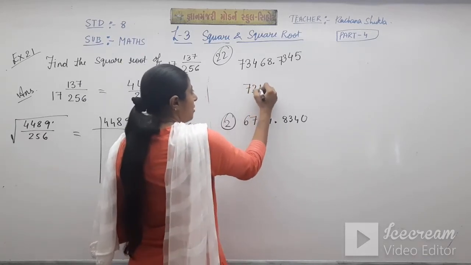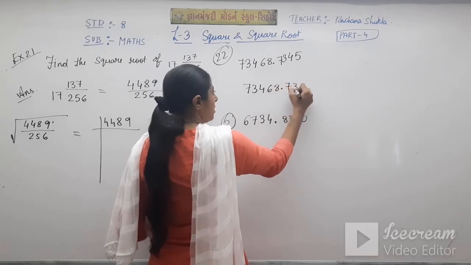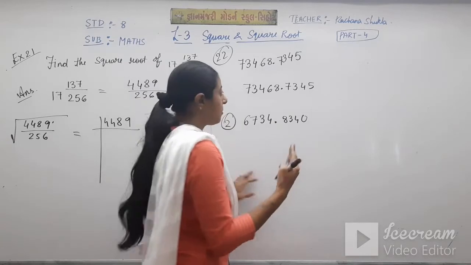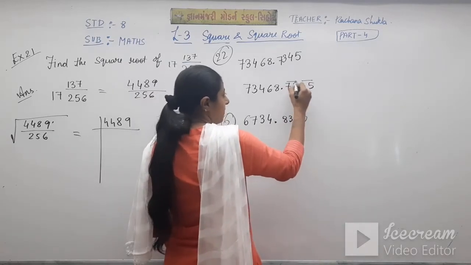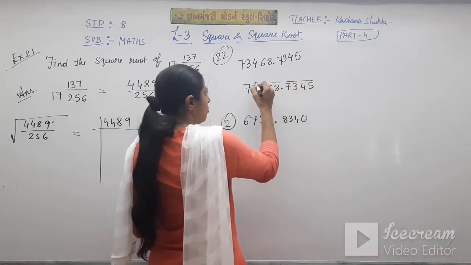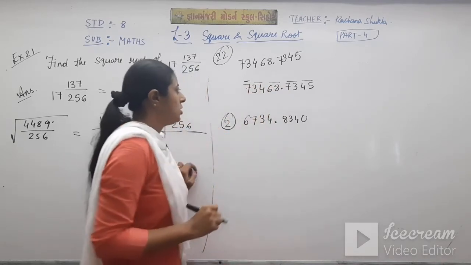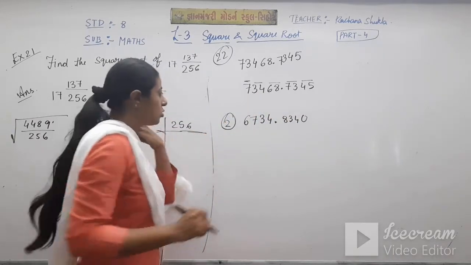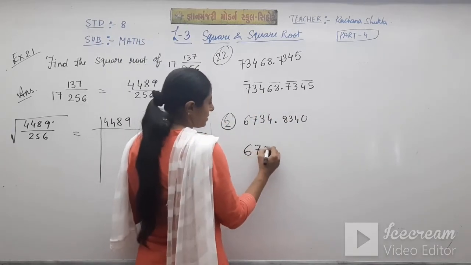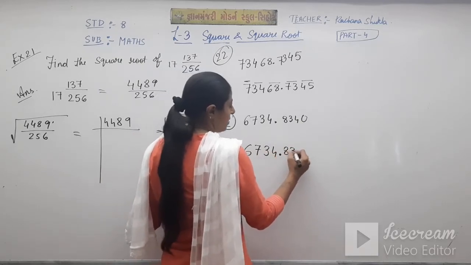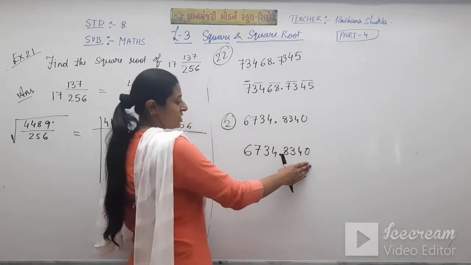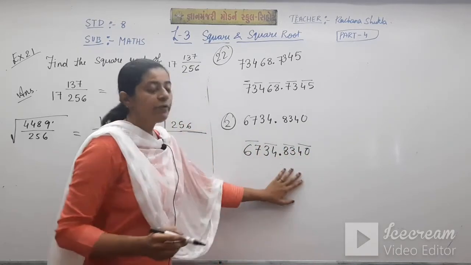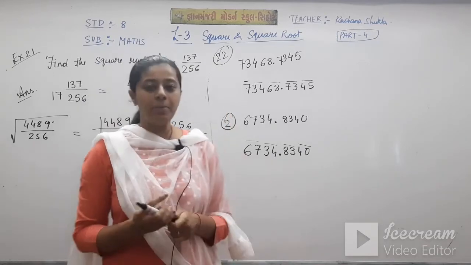So for pairing, first write down the question again, and we will start pairing from the last digits, from the unit place. That is these two numbers, again two numbers, 2 and 7 alone. So total how many pairs? 1, 2, 3, 4 and 5 pairs. So the next sum the same way: 6734.8340. From the last digits we will start pairing, that is 1, 2, 3 and 4, total 4 pairs. This way you will do example 22.